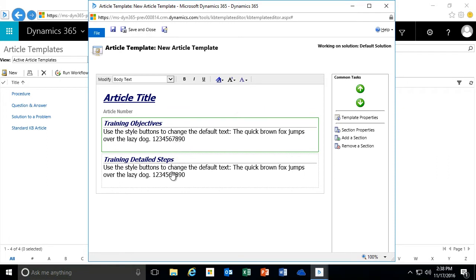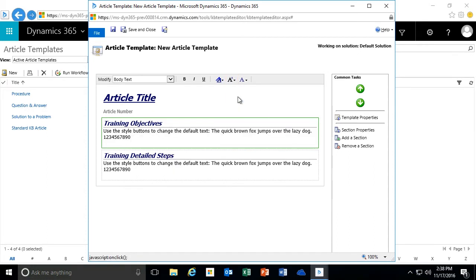So you'll notice, again, it's not just one section that's affected, it'll affect all sections. So I decide that's a little too big, so I'm going to take that back down to 10 points. And then again, if I wanted to, I could even go through and change the color as necessary. So once we have these all set up and we're now done with this template, you'll see that we have